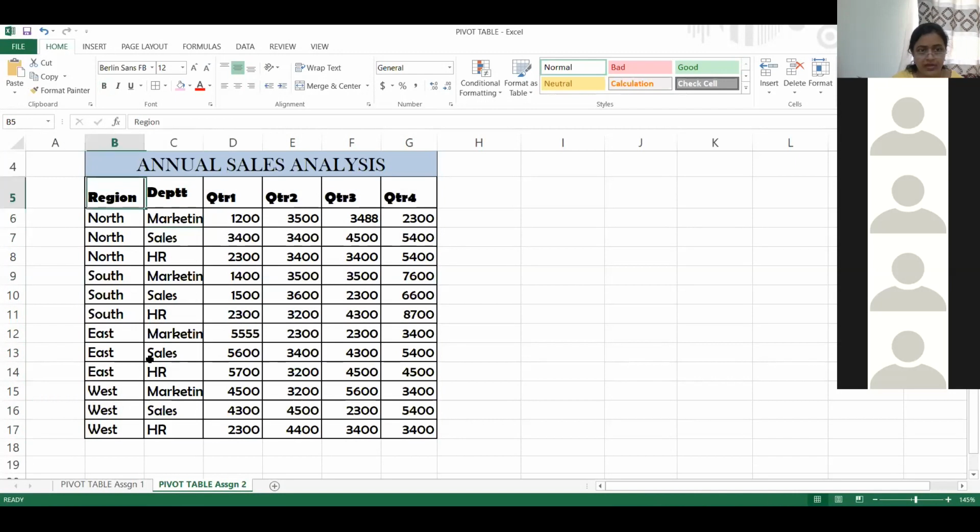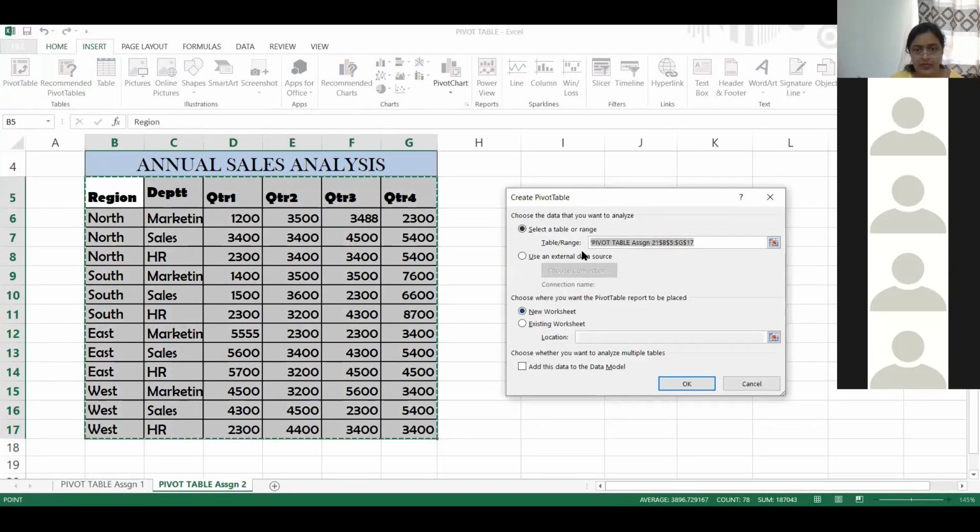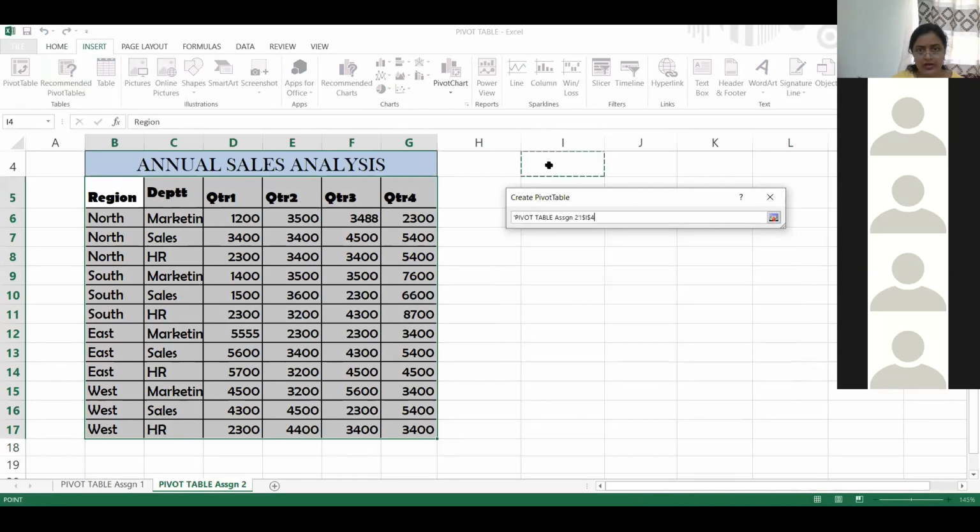Just select the things which you want to create as a pivot table, and just click on insert, then pivot table. Then you may choose the range which you want to present as a pivot table. It is already selected because we have already done the selection. The only thing is we have to select whether new sheet or existing sheet. So let us select existing sheet. Click on this arrow and click on any cell where you want to create your pivot table.